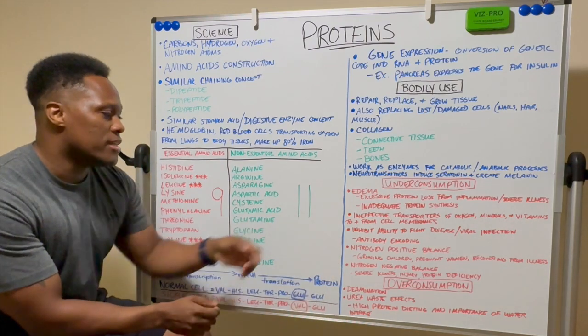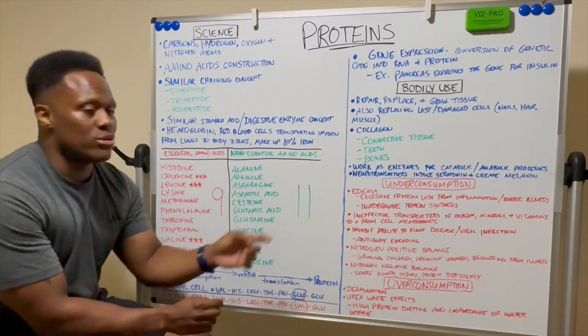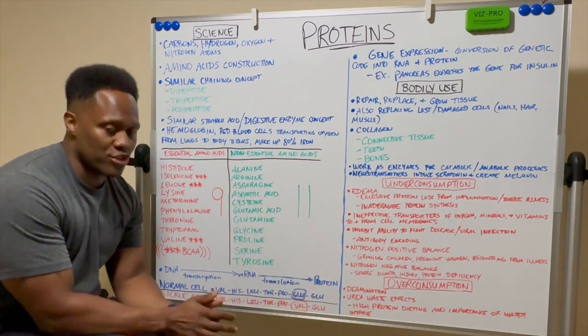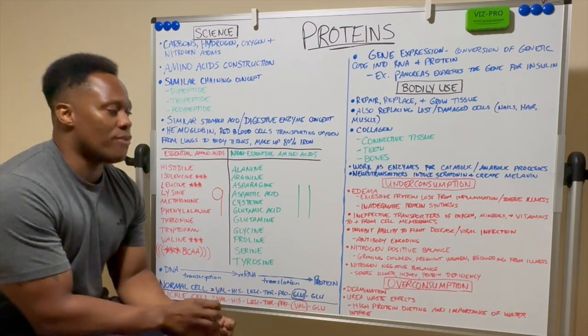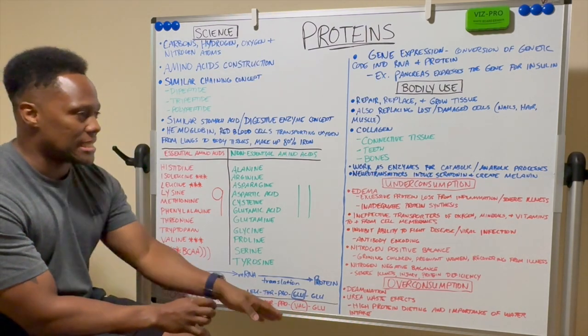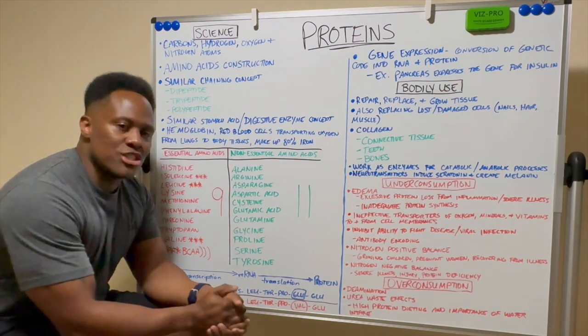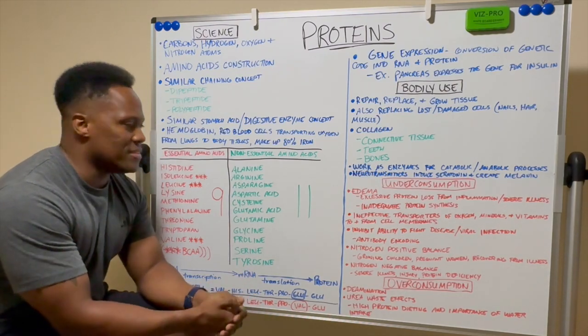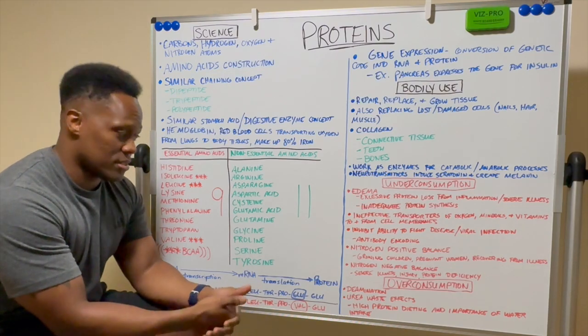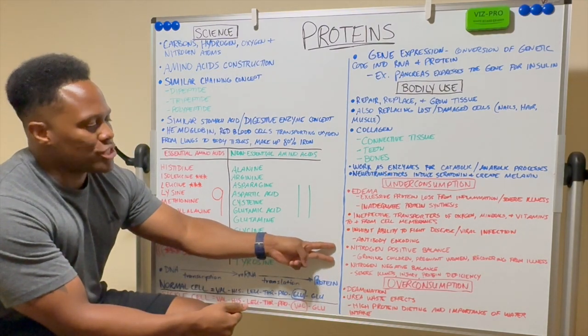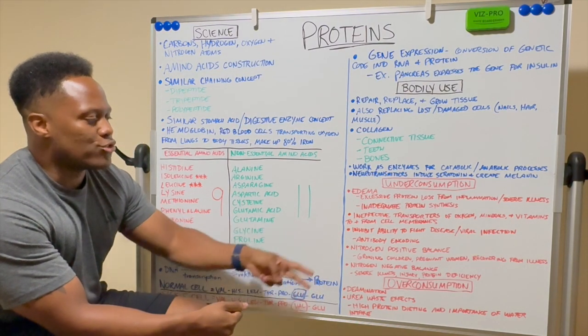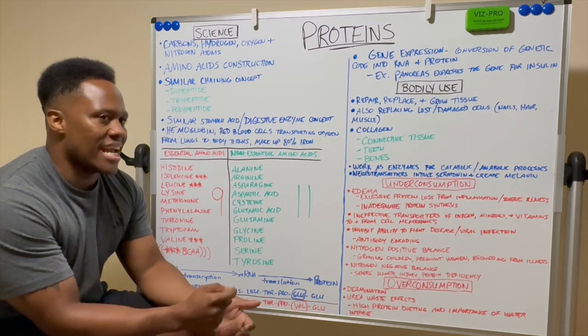So that's why this is important, that you get proteins and that you don't underconsume. You still need those amino acid profiles, right? You need the right sequencing, in a sense, to be able to create the antibodies that you need to fight off diseases and different viral infections. Now you also have what's called nitrogen balances, right? You have nitrogen positive balance and a nitrogen negative balance.